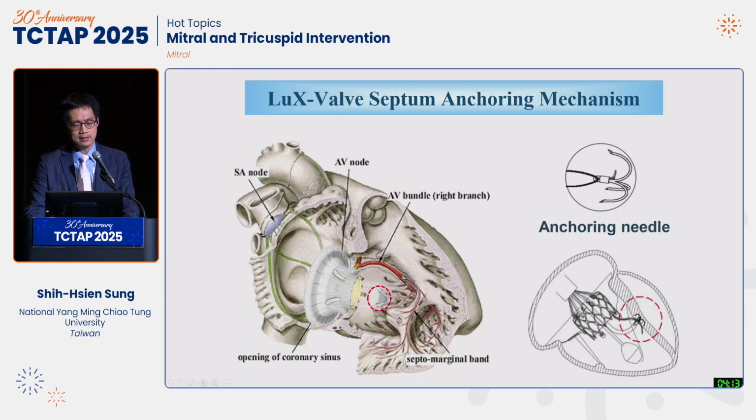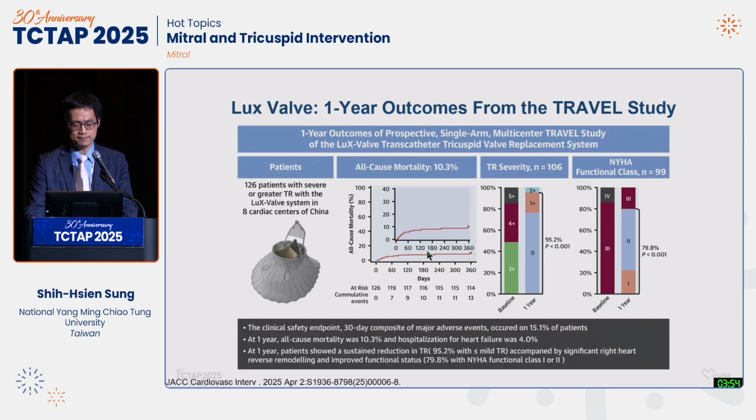The LuX-Valve has very specific features, including the anchor system with the 2 leaflet grasper, the septal anchor, and also the large atrial disc, compared to the EVOQUE valve, which may partially rely on the annulus anchoring. So this is the 1 year data from the TRAVEL study, using actually the older system,